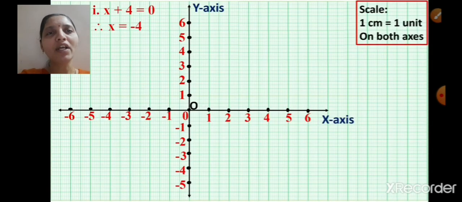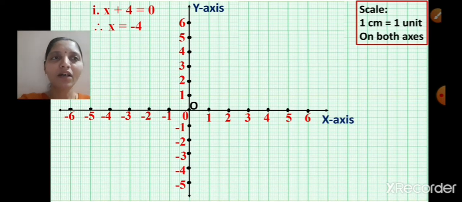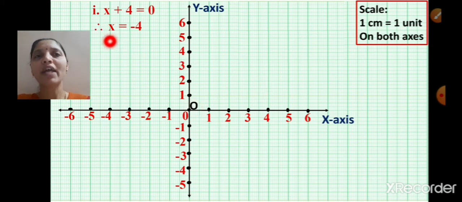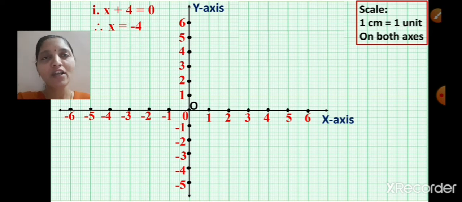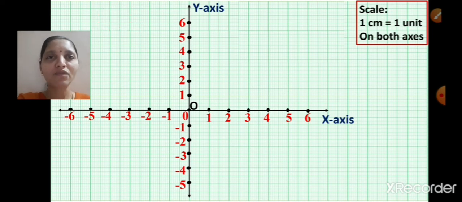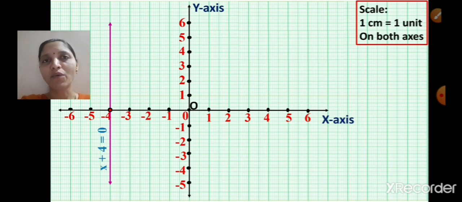So let's first draw one Cartesian plane. Here we have drawn x-axis, y-axis and origin. Now first equation we have as x is equal to minus 4. Now it is in the form of x is equal to a. So it must be parallel to y-axis and the value is lesser than 0. So that line will be on the left of this y-axis. So the line will be x is equal to minus 4. That means through this point the line should pass. So this will be your first line with equation x plus 4 is equal to 0.